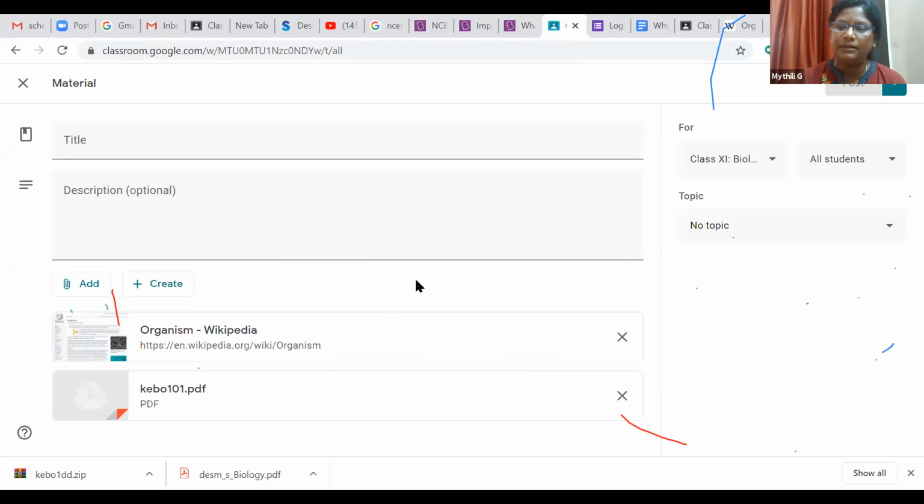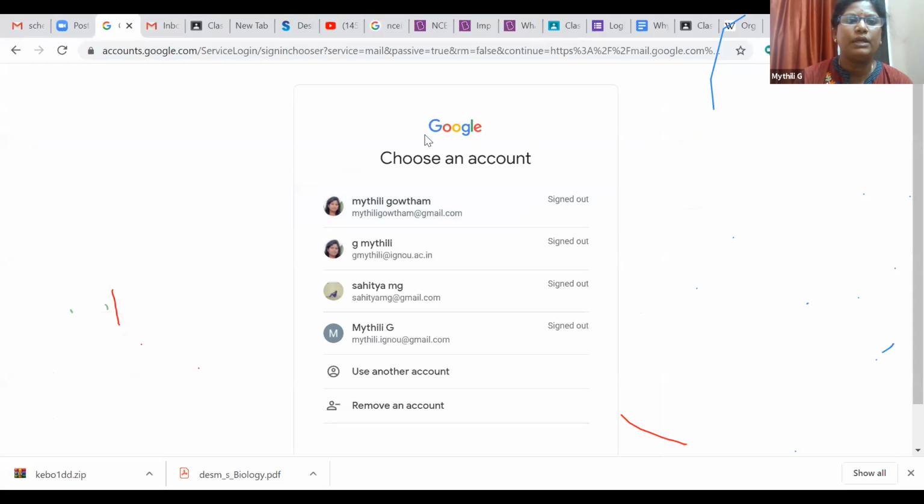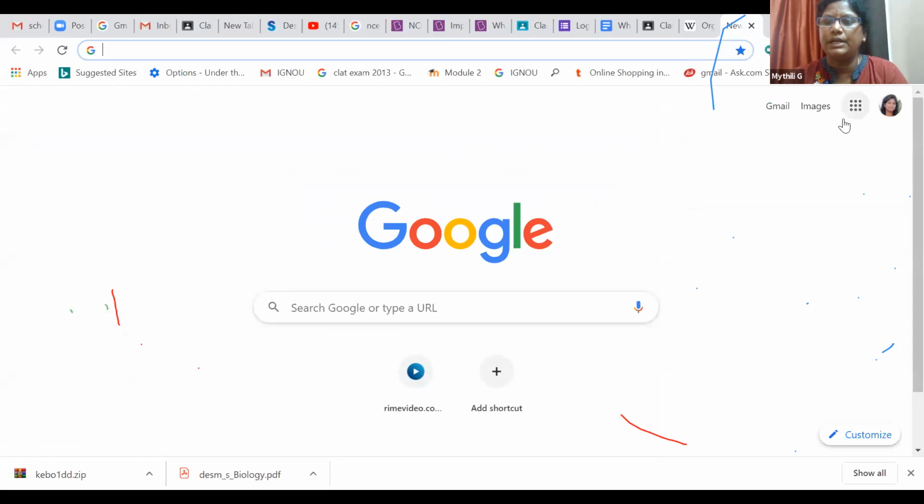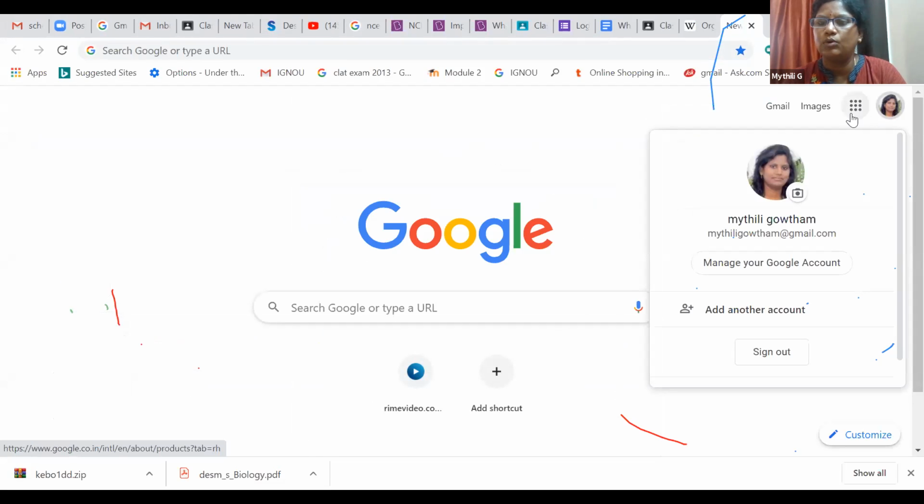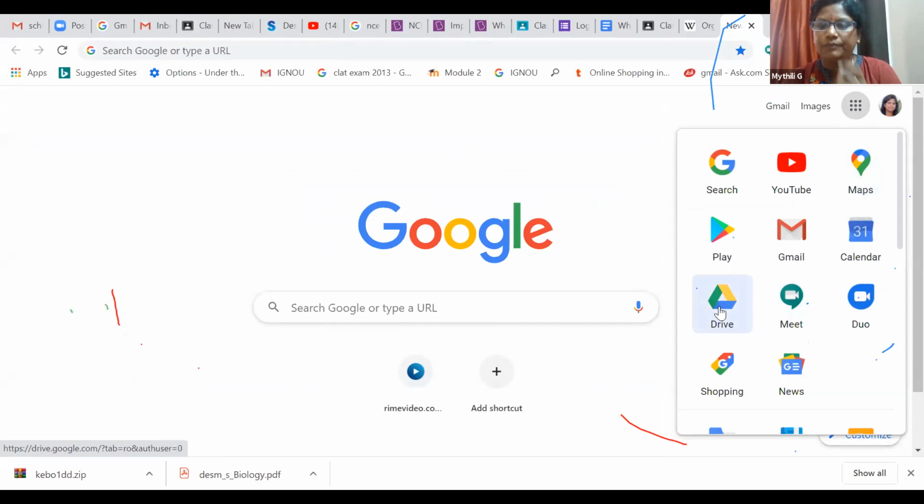So there are two ways: you can directly upload, or otherwise you can add the content to your Google Drive. First, you collect all the material you want to share with the students. For example, if you have a PowerPoint presentation, you can also put it in your Google Drive, so that you can take it directly instead of searching for it. I will show the Google Drive also.